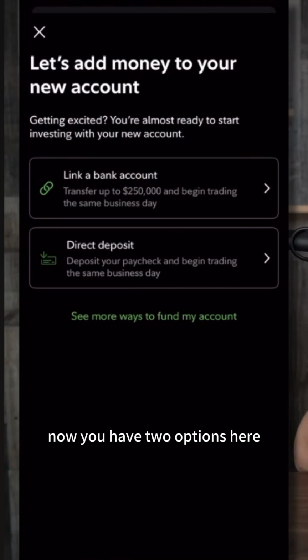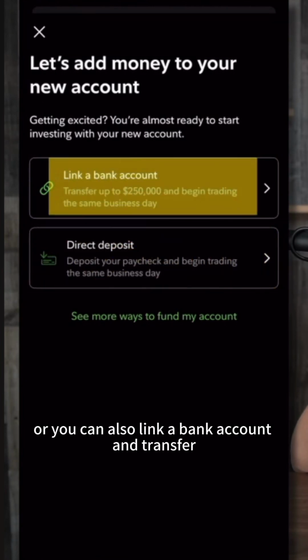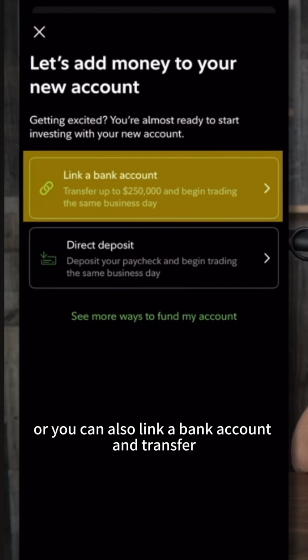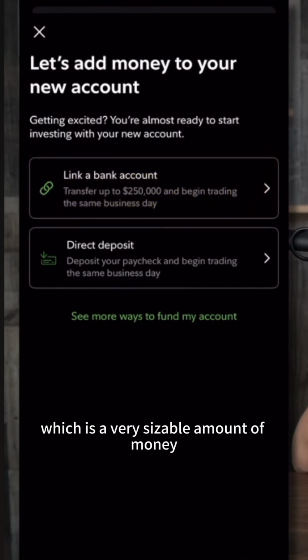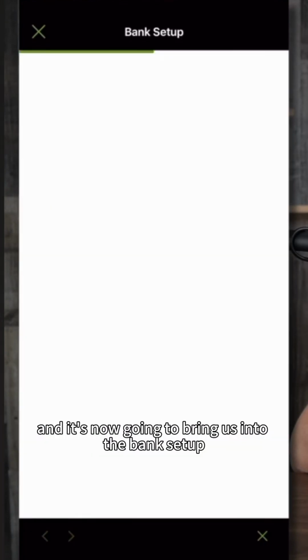Now, you have two options here. You can either set up direct deposit if you want to set that up through your employer, or you can also link a bank account and transfer up to $250,000, which is a very sizable amount of money if you wanted to invest that the same day. We're going to click on link a bank account at the top, and it's now going to bring us